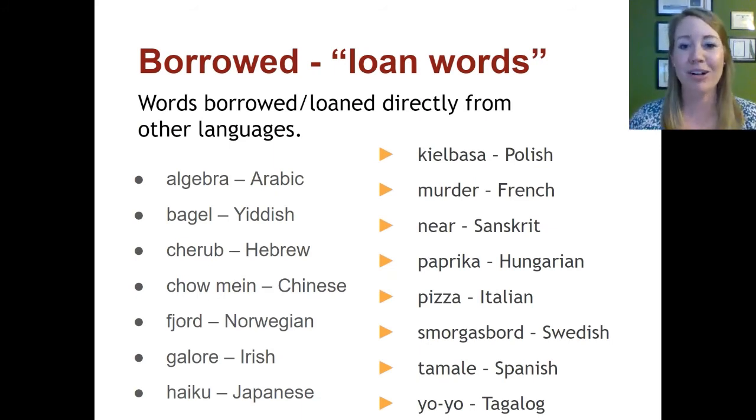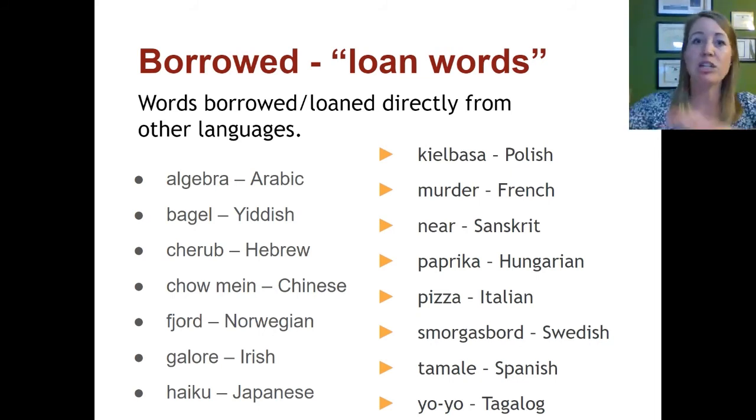Let's keep moving. Borrowed words. Nothing new for you. These are words that we borrowed from other languages. We not only borrowed it, but we kept basically the pronunciation and basically kept the spelling. Okay, so algebra is a great word. Algebra, that's an Arabic word. We didn't spell it necessarily different for English. We maybe applied our English sound system to it, but we pronounce it basically the way it would be pronounced in Arabic, okay? We saw this in other slides with the word depot from French, right? Home Depot, I always think of, but depot, it ends in a T, but we don't pronounce it because we borrowed that word from French and then we kept the spelling and we kept the pronunciation. So those are borrowed words.